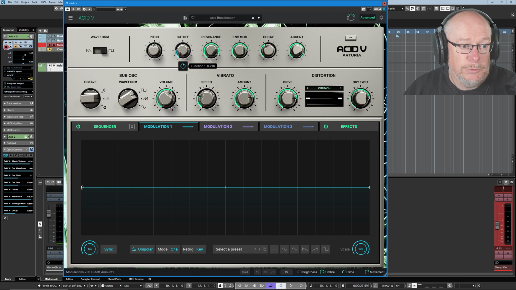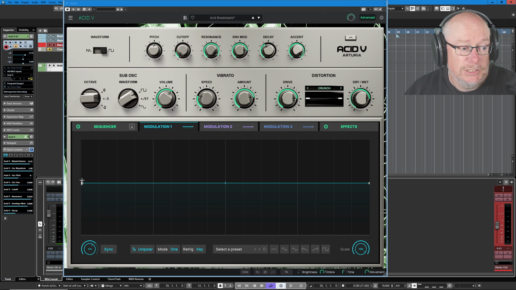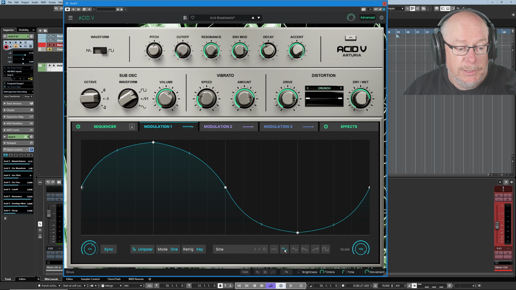If I move up to the cutoff knob and hover over the little dial, this is the easiest place I think to adjust the amount of modulation. You can also do it from this slider down below, they're both perfectly reasonable. So what we're going to do is apply some varying cutoff modulation to this sequence as it plays. Now at the moment the modulation's flatlining, so I need to introduce an amount. I can either do it from one of the presets down below, just introduce a nice simple sine wave, or